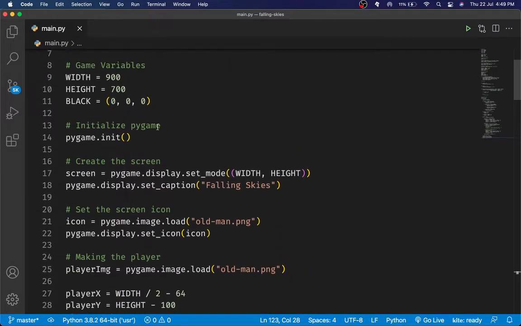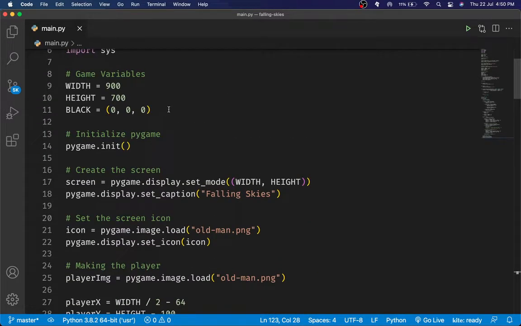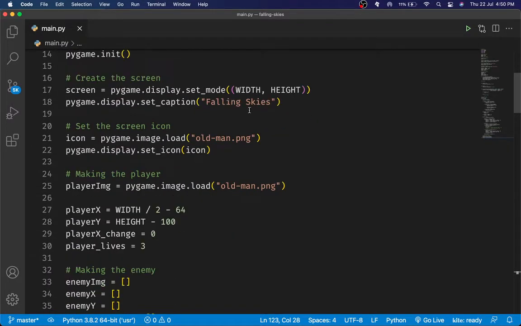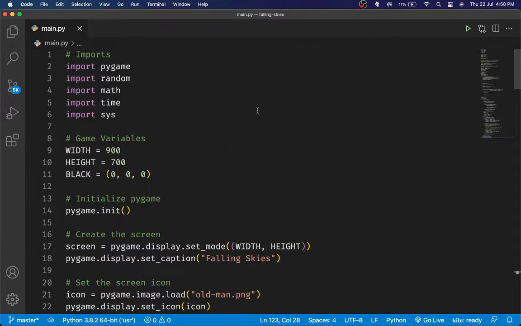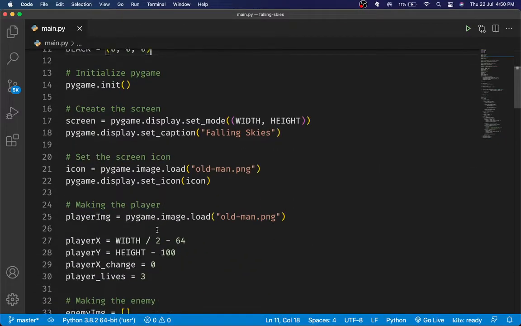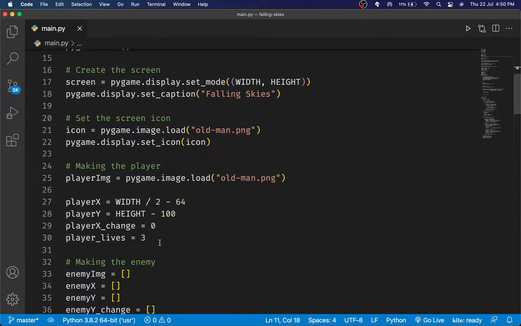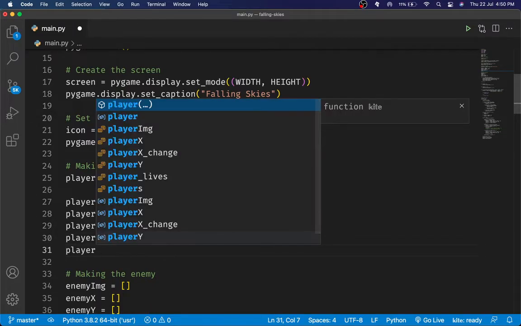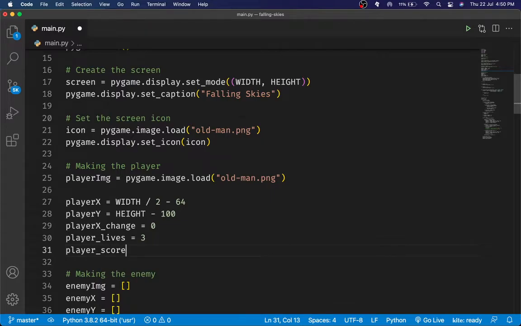So now what we can also do is create a score counter, and as soon as the enemy falls down, the score should increase. So let's just go down. Let's also get the score counter done today. Again, it will be text based, but we will add the fonts for it later on.